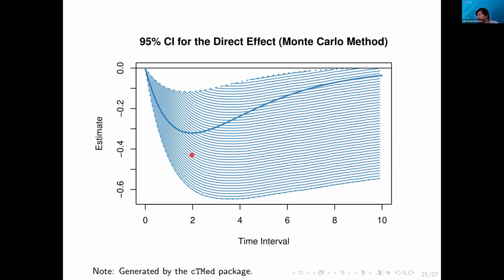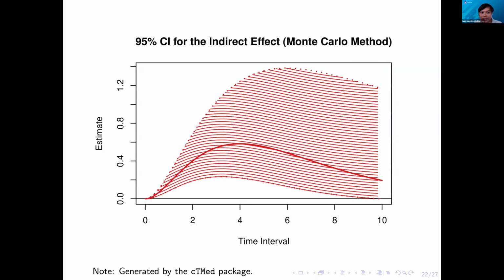But still, you notice that the effects also change, and also the uncertainty. You see here that you have more uncertainty when time intervals are larger, as opposed to when time intervals are smaller. If you have substantive interpretations for that, you can include that in your analysis. That adds to the dynamism. It's not just the effects changing, but the uncertainty associated with those effects is also interpretable in that sense. We have very similar results for the indirect effect.